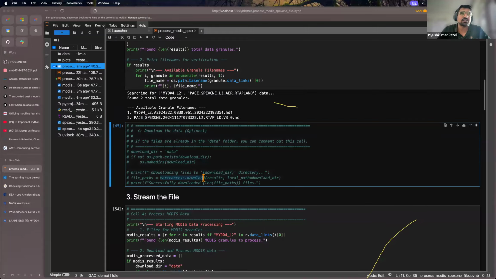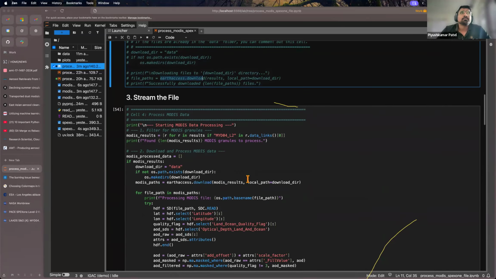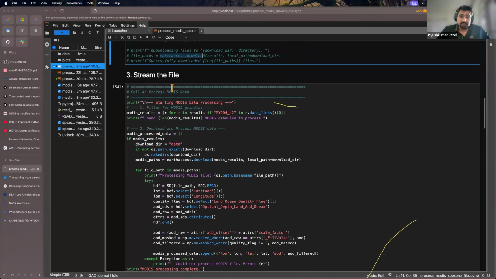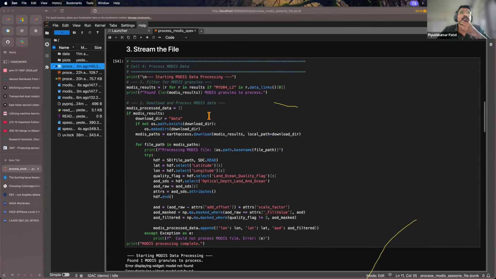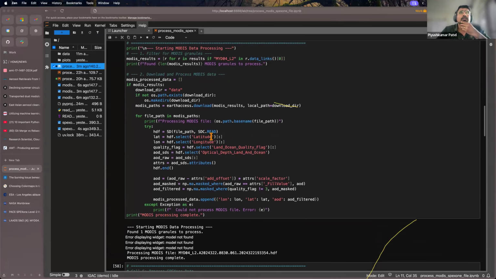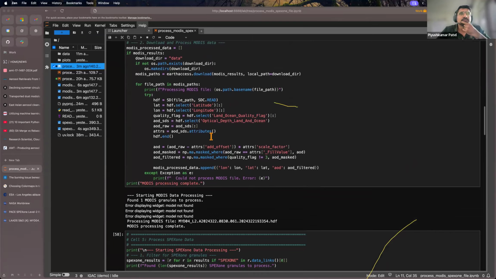It is very easy: earthaccess.download and put in your local path, and it will download your file. Without downloading, you can directly open the file in the cloud, and that is called streaming the file. For streaming, we just have to use the